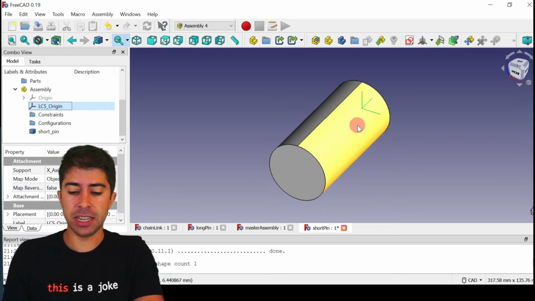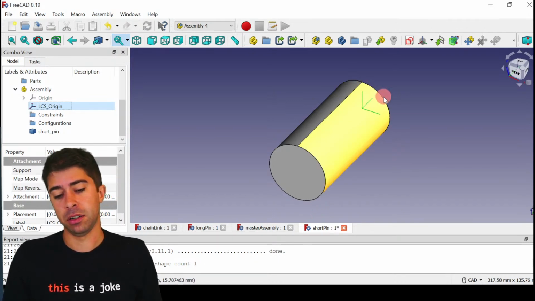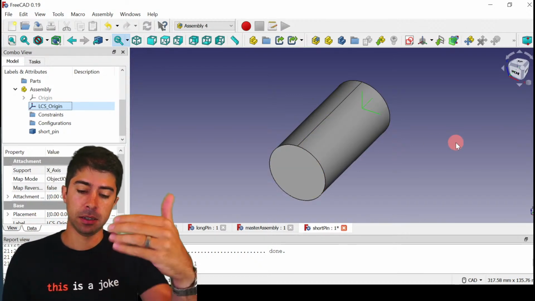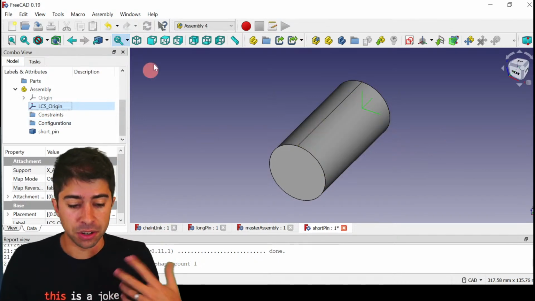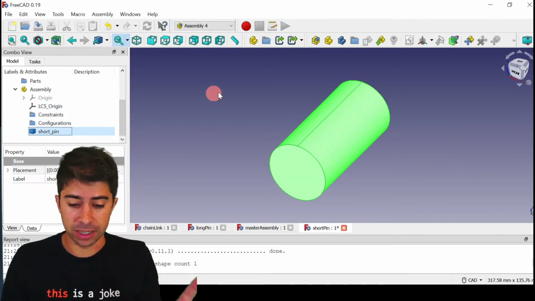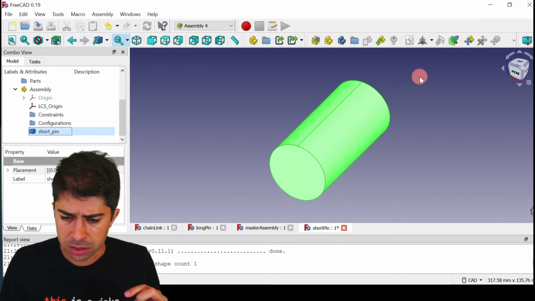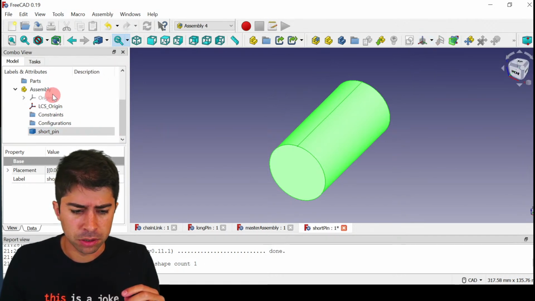So we can see here, we have our local coordinate system here on the side of the pin. And thinking about it, I'm going to need another one which is in the middle of the pin as well. So you can actually go and select the part, and then here is an option to add a local coordinate system. There we are. So new coordinate system, let's just do that, assembly,